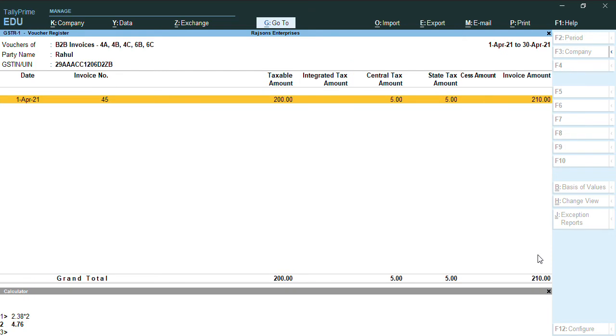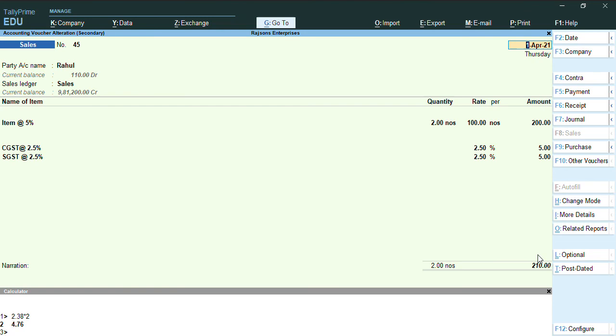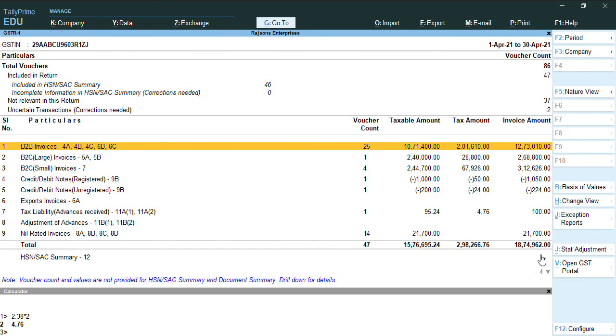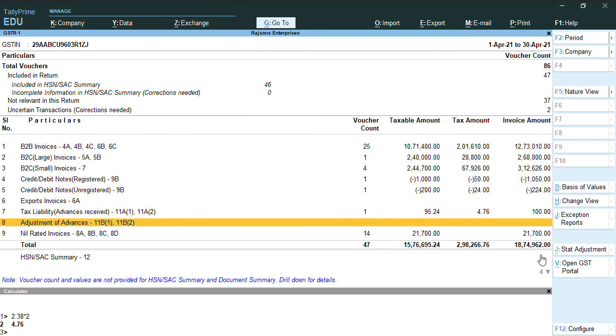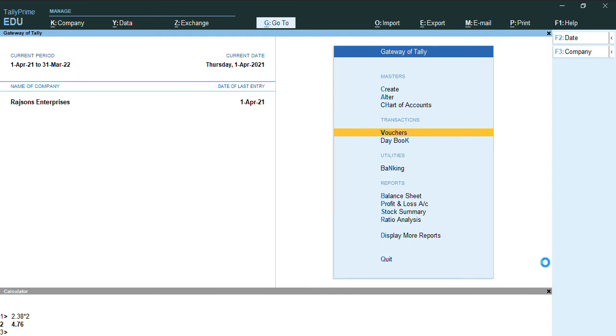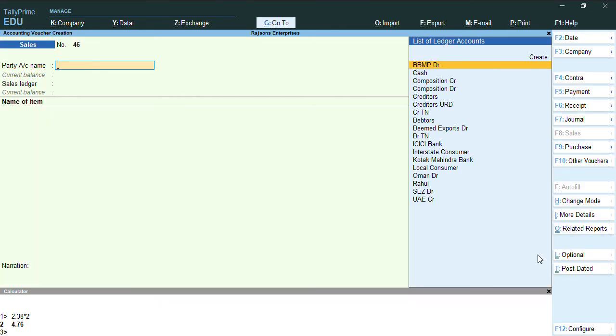The amount of tax has been adjusted over here. We tried to sell for 200 rupees. Here again the amount of tax is showing higher. So to reduce this, we need to record one more journal voucher. To record this, we'll go to voucher entry F7.